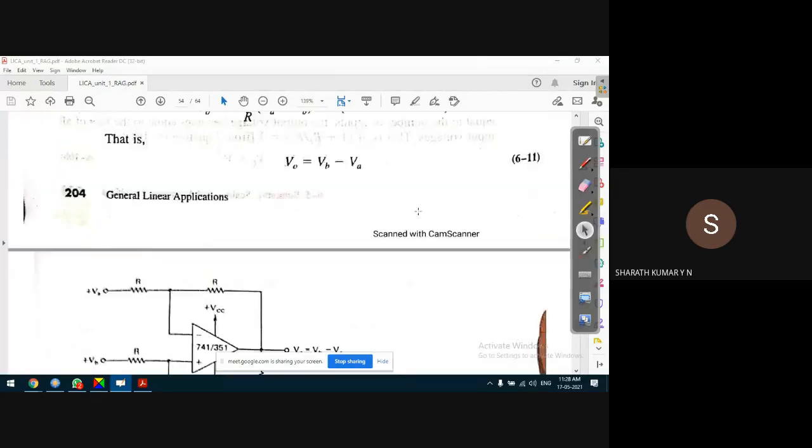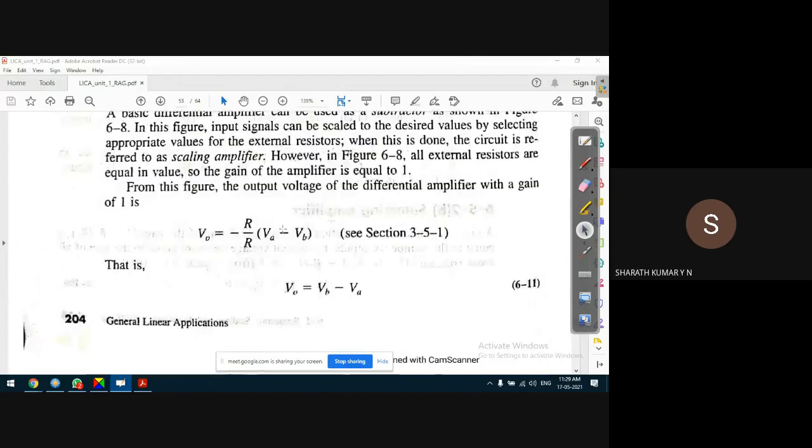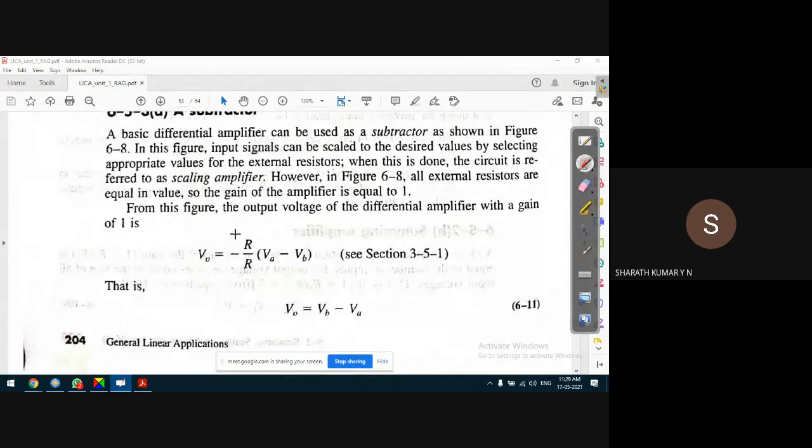Here we go. So this is the condition. With the resistors equal, if you consider equal resistors at the input terminals as well as at the feedback, one more purpose of the resistor connected to ground is that it will help in equalizing the current at both the input terminals, so both the currents will be equal. With that purpose, equal resistor selection will help in achieving a gain of minus R by R, since it is an inverting amplifier. So R is equal to R.